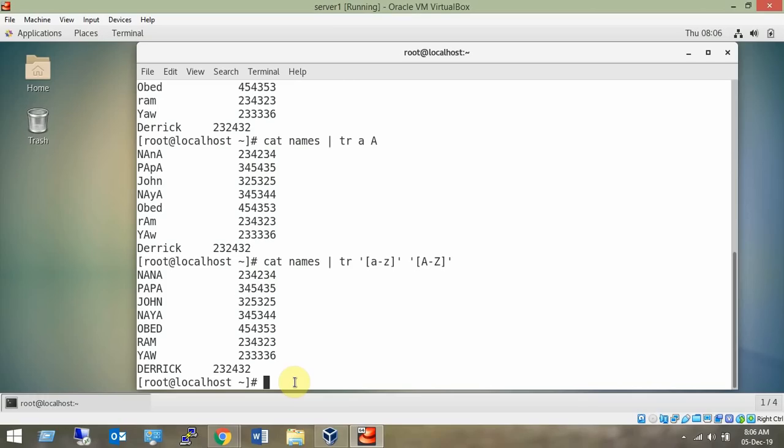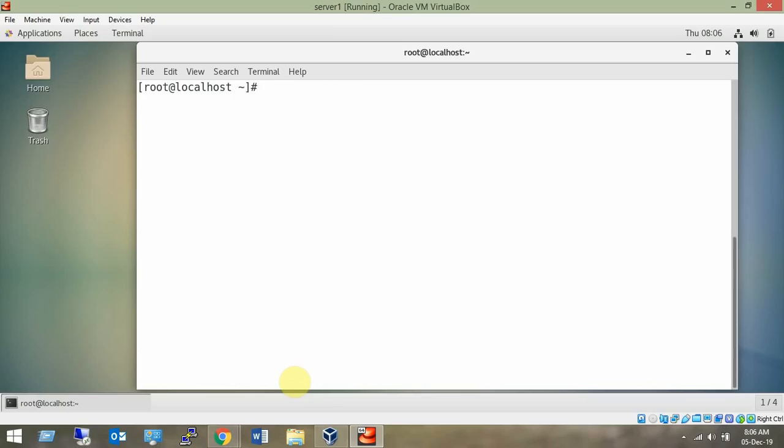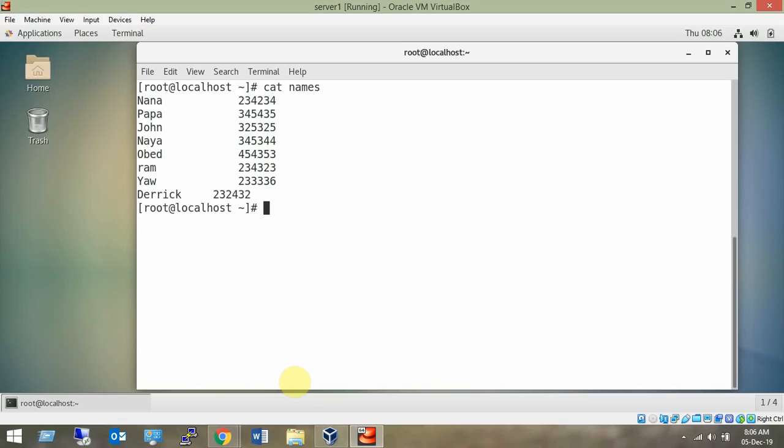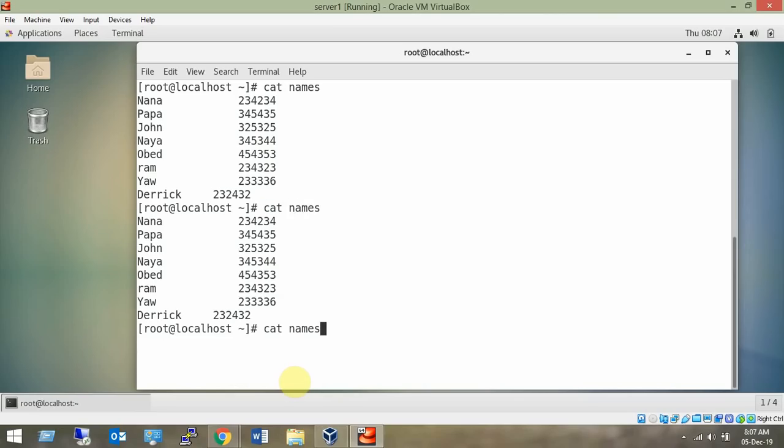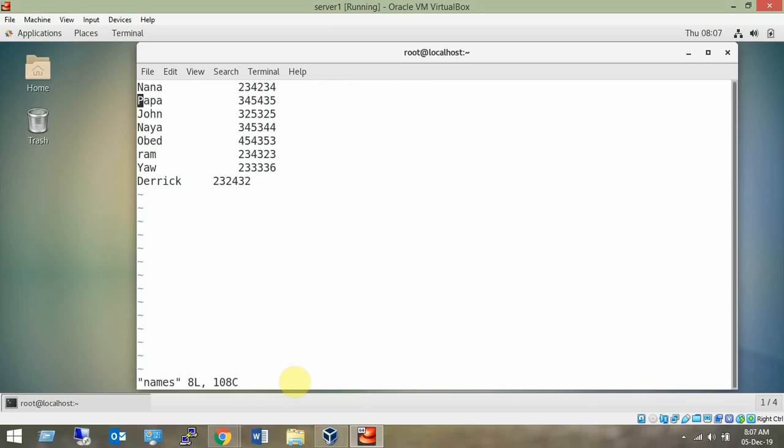Remember, it has not changed the contents of the file. File content are still the same. It has just displayed the content here in the output. If you want to replace the file, you have to redirect the output to the new file name. Alright. Now again let's refer to our file, cat names. So if we have some duplicate names, to remove the duplicates, first of all let's create some duplicates in this file. Cat, oh sorry, vi, I need to edit the file, vi, and now let me yy p p p.